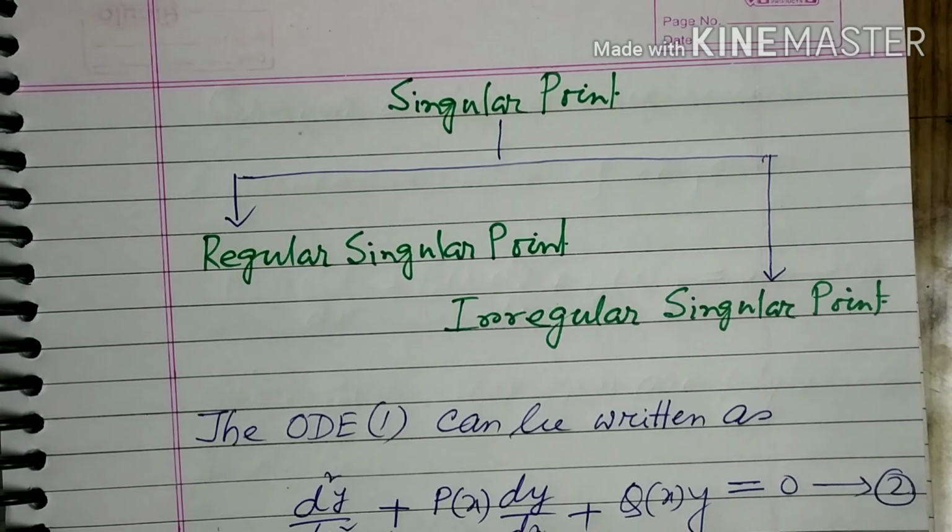First you write down your differential equation. The given differential equation is x(x minus 1) d2y/dx square plus x dy/dx plus (1 by x) y equals 0, which is equation 1, and the general equation is p0(x) d2y/dx square plus p1(x) dy/dx plus p2(x) y equals 0, equation number 2. Now if I compare equation number 1 and equation number 2, we get p0(x) equals x(x minus 1), p1(x) equals x and p2(x) equals 1 by x, just comparing the coefficients of the second derivative, first derivative and y.